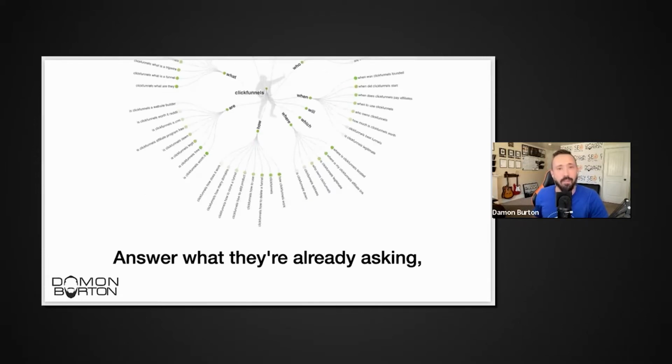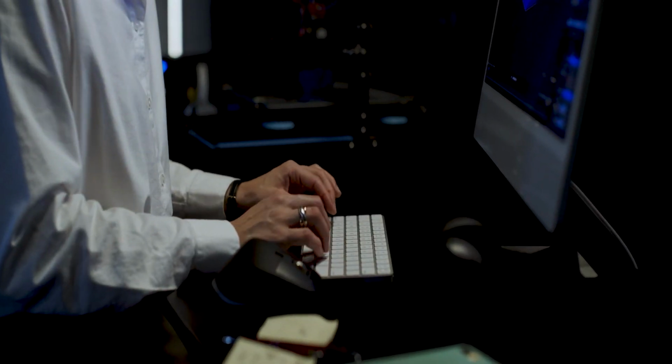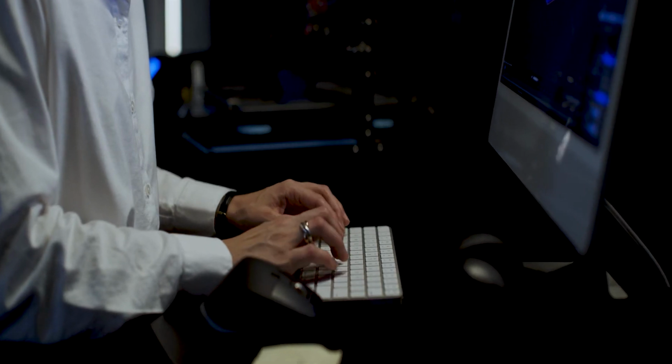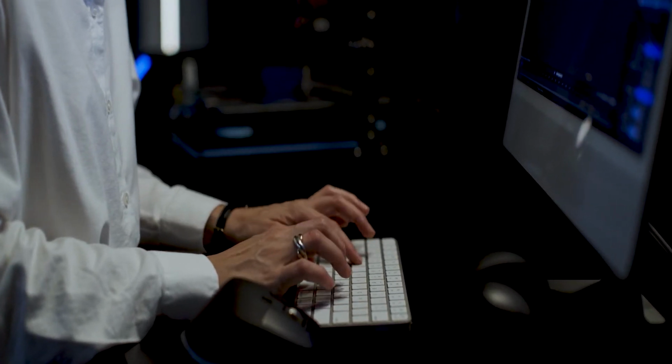So here's an example of using that same tool to search for your own branded term. What's cool is you can dig deeper on what people think about your software, or your product or your service, for better or worse. This will tell you the things that people like about your product. It will also tell you the problems that they're having that they're trying to find an FAQ to solve. So now you can create better solutions. You can fix your product or service, or you can add to or enhance your product or service.